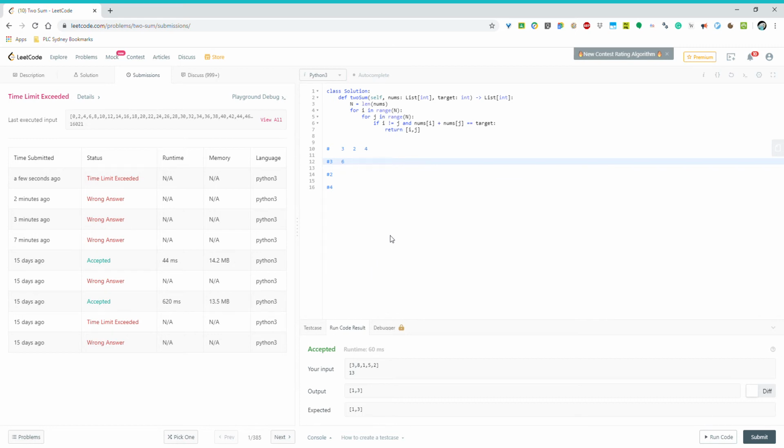It's too slow. And so one thing I can do is cut down the amount of work that gets done. First of all, I should never be considering 3 and 3. I should not consider that. I'll put a dash there. When i is 0, so I'm looking at this 3 here, then I should only look at the 2 and the 4. I should only look at j's that are greater than i, and I can make that happen very easily. But let's just see what happens. 3 plus 2 is 5, 3 plus 4 is 7, all right? And then now,